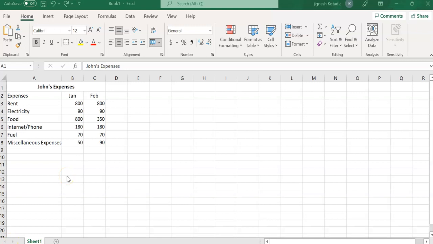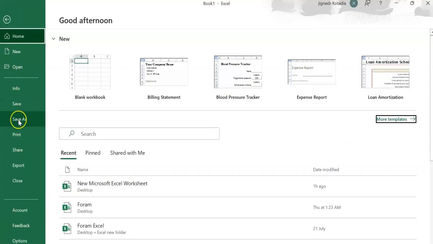Okay, step 4. It's time to save your work. Generally, you can click the Save button to save your work. You may find it on the top left corner of the Home tab. But as we are saving the document for the first time, we need to select Save As instead of Save. So click on the File tab, and select Save As